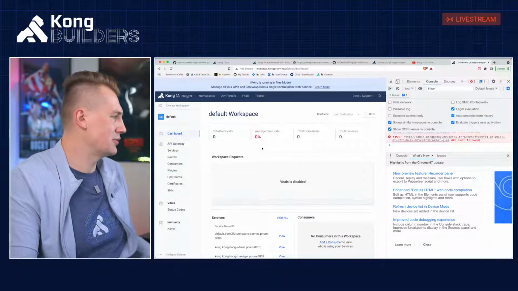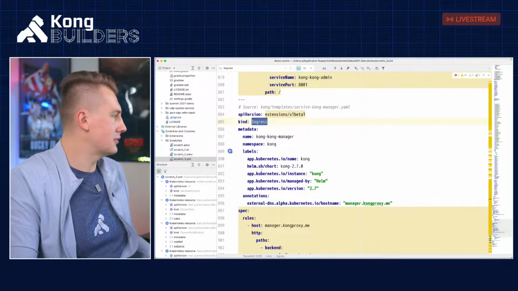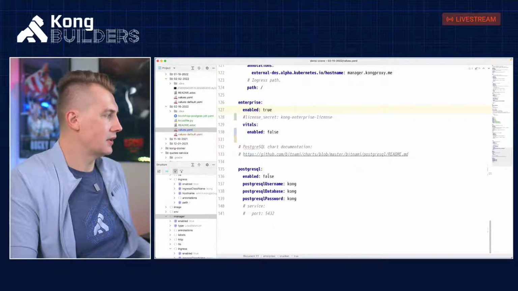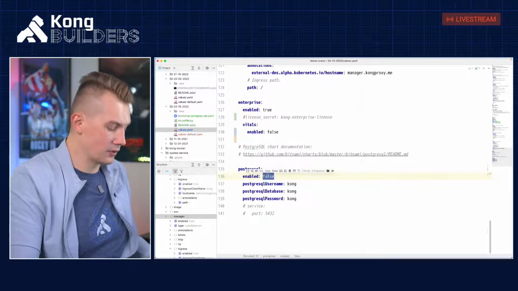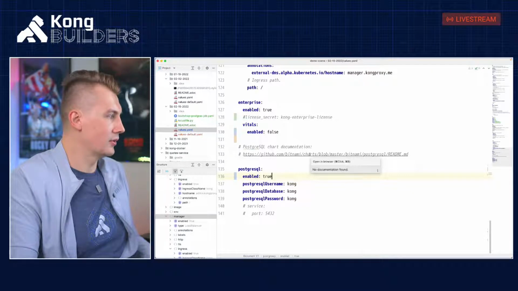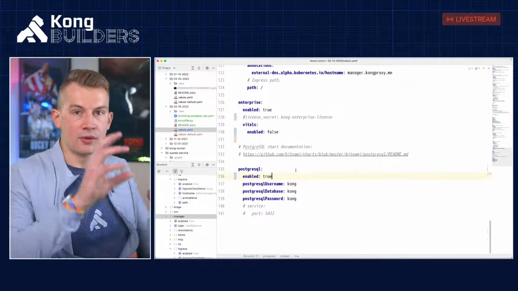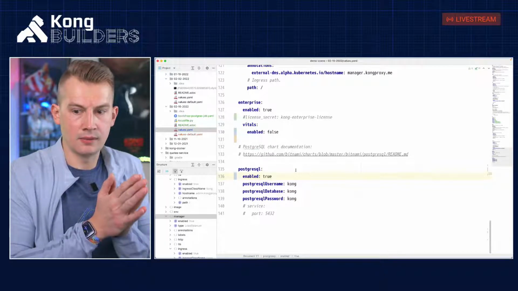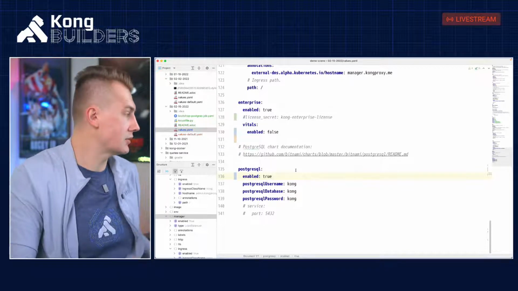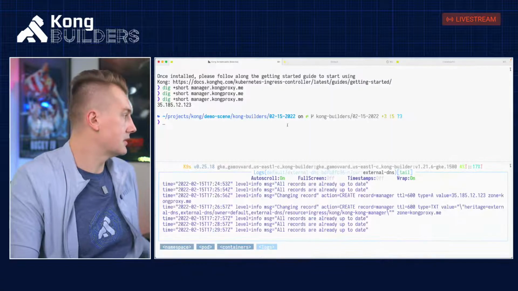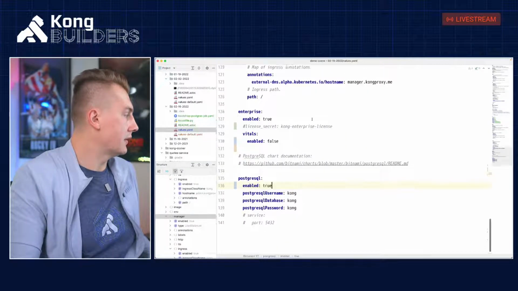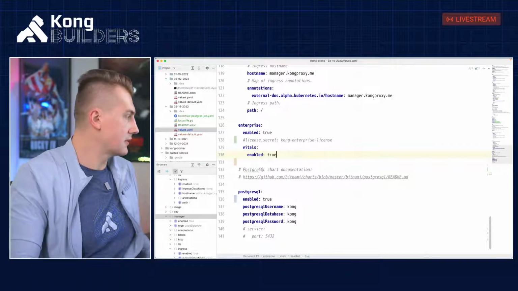I wanted to show you how to use database. So with the Helm chart that Kong provides, we can enable database fairly easily. There is only the section that we need to enable. So we will go ahead and say enable true. And this is where we're going into the route of creating database. So we're going to be using the Bitnami Helm chart for Postgres, and it's built into the Kong Helm chart. So when I enable this, I can just do upgrade. Oh, okay, and another thing. I will enable vitals, so we will see if it works.